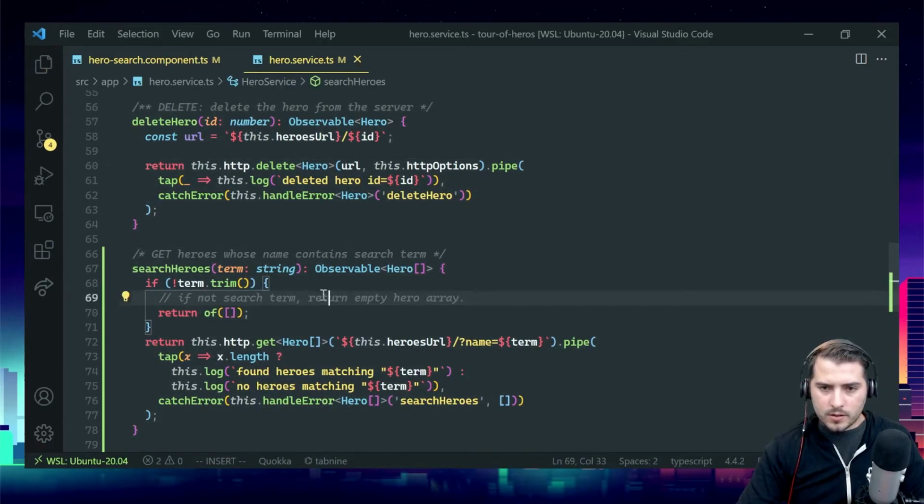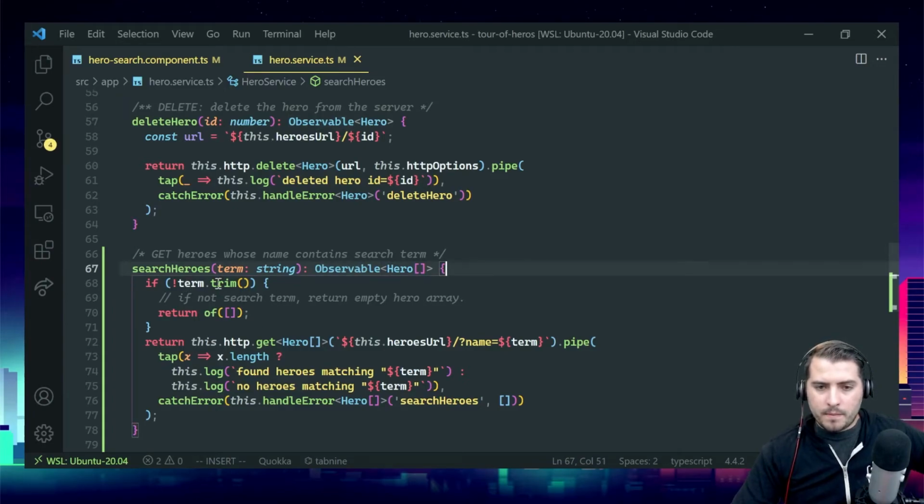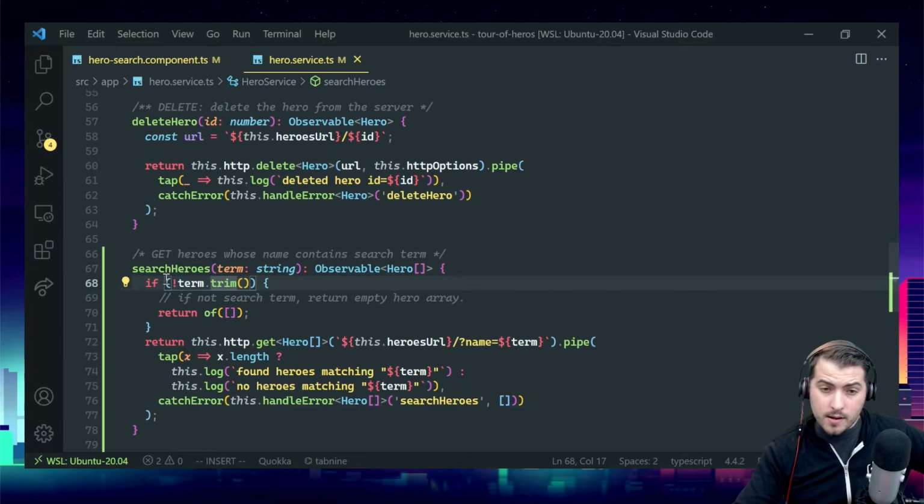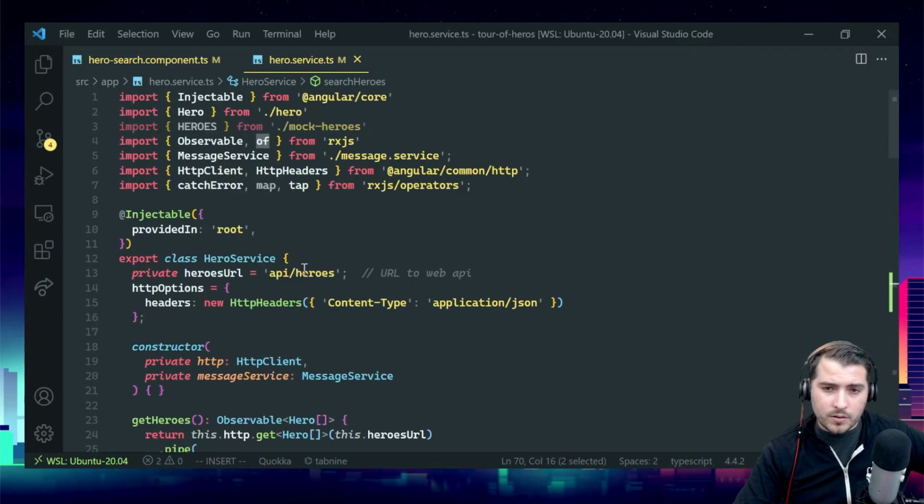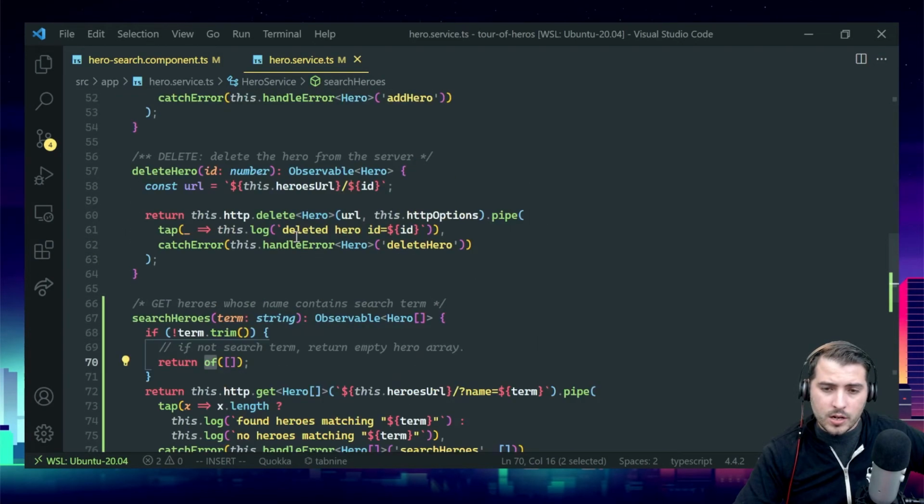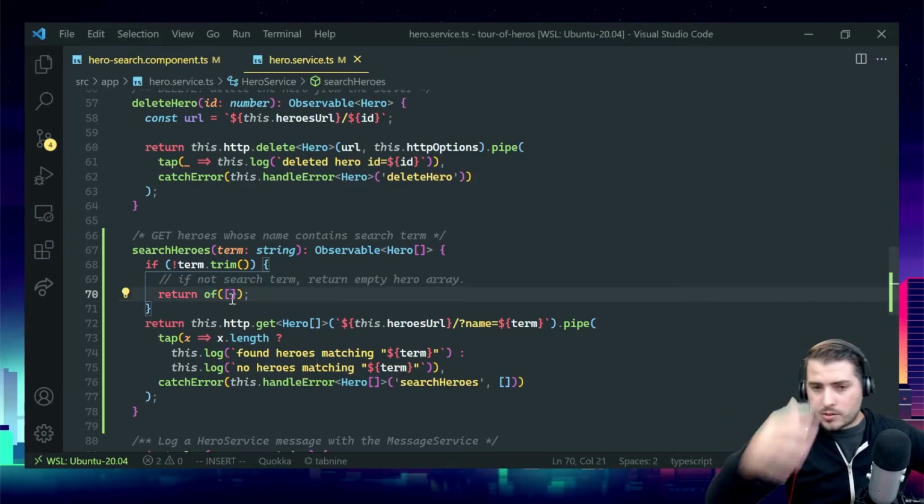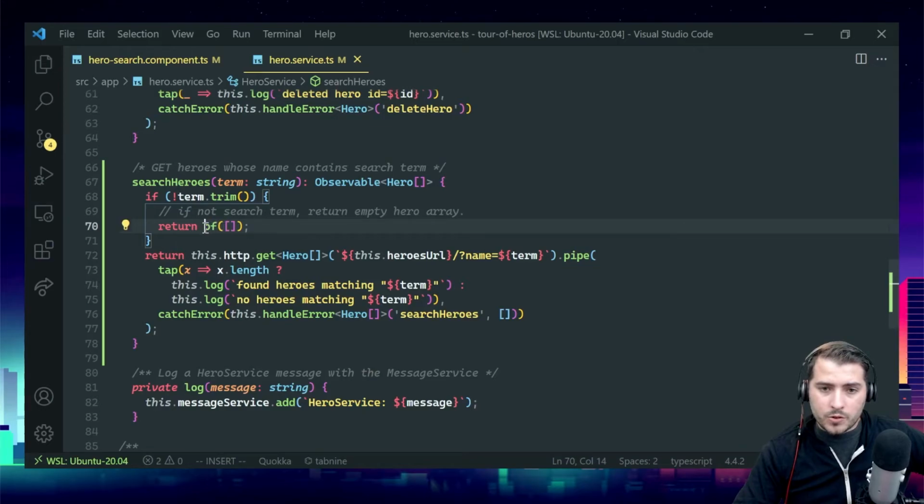It is taking that term and returns an observable of hero arrays. Basically, we're doing a term.trim to trim off any whitespace characters on the end, and this is saying if it's empty, we're just returning of an empty array. And remember, of is that RxJS function or operator. I don't know what you call it. Is it a function or operator? I guess it's just a function. And that is going to create an observable where it's just that empty array,